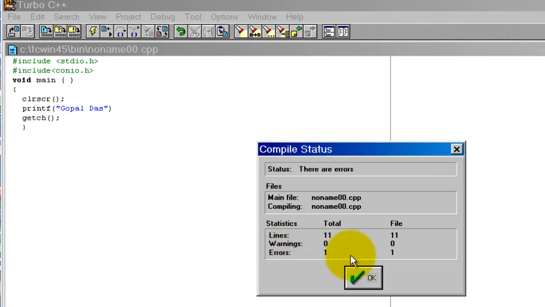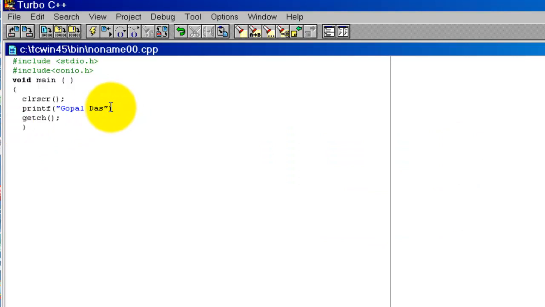So the error count is 1, so the program does not run properly. Then we again correct this, there is the semicolon.